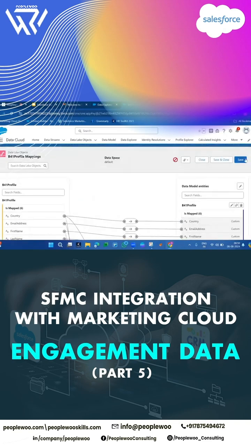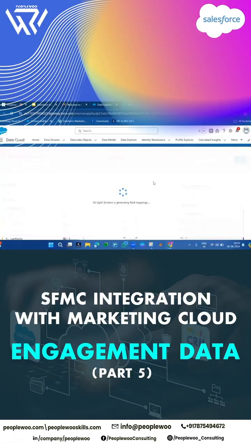Subscriber key has to be mapped with one primary ID from each object. Yeah.